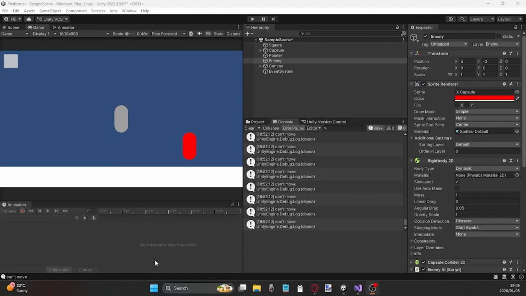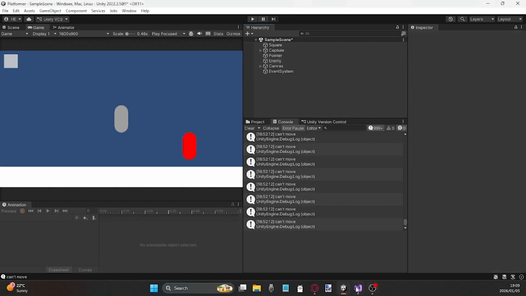Alright, so now that we finally have the enemy unit following the rule sets that we've just provided it, we can now move on to the player. And the player is going to be very basic, because for the player, I need to detect the enemy object, and once it's detected the enemy object, based on whether it is left or right, it's going to disable the player from being able to move in